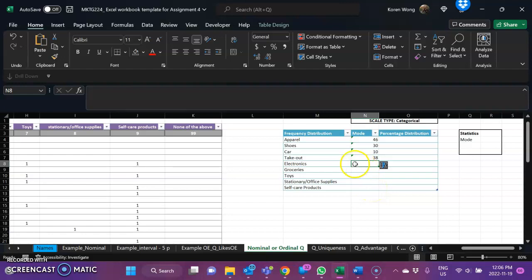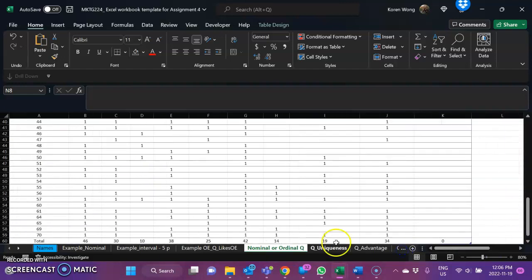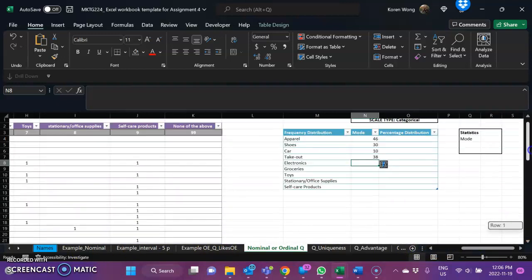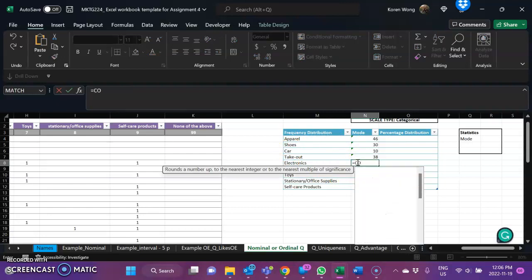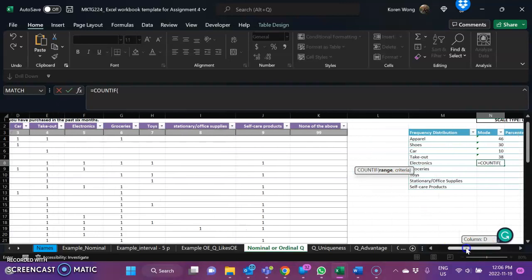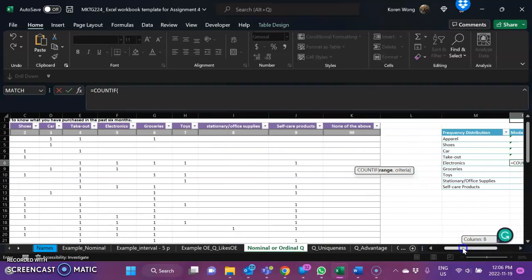So how can we do that without just plugging the numbers at the bottom? Well, there is actually a formula, and the formula is called CountIf. How you do that is first, you just do equal CountIf, open the bracket, and then